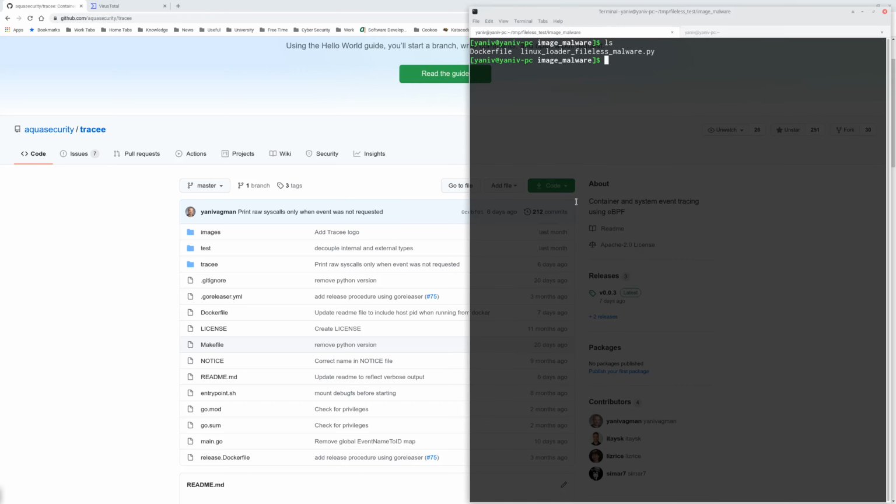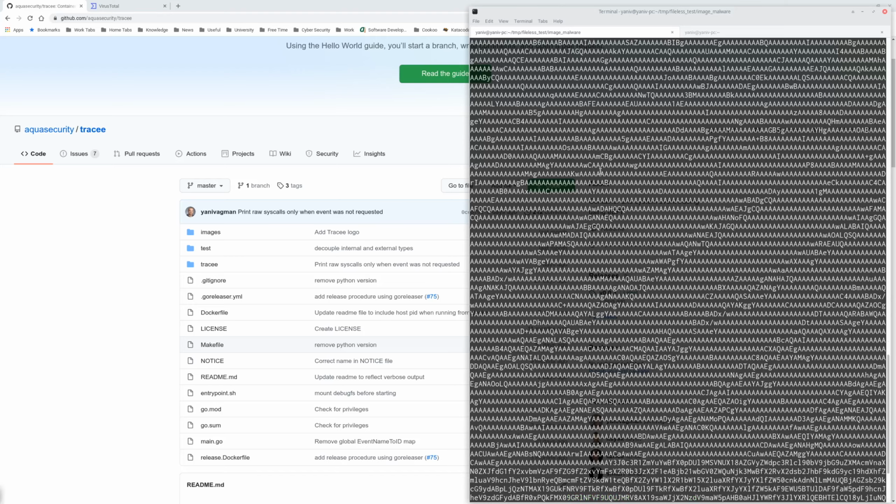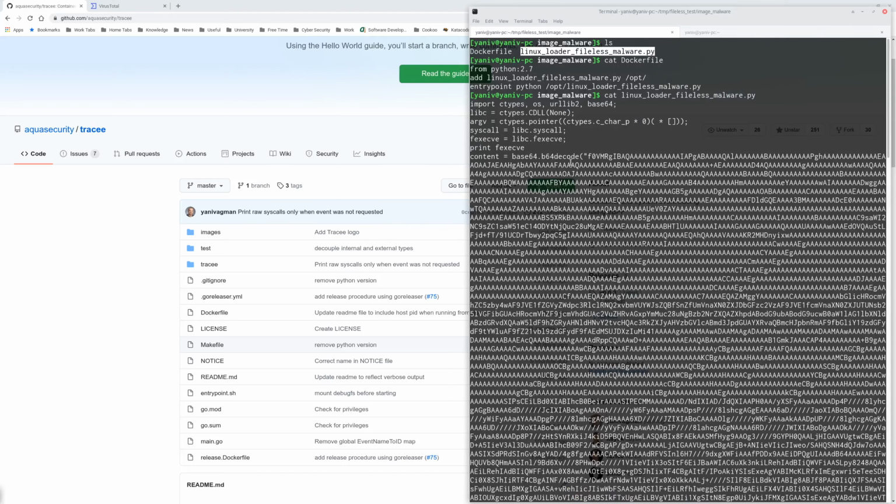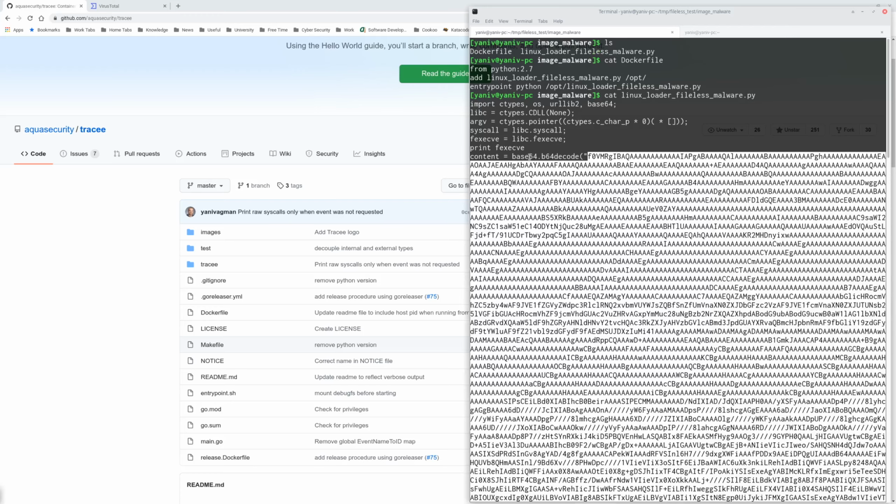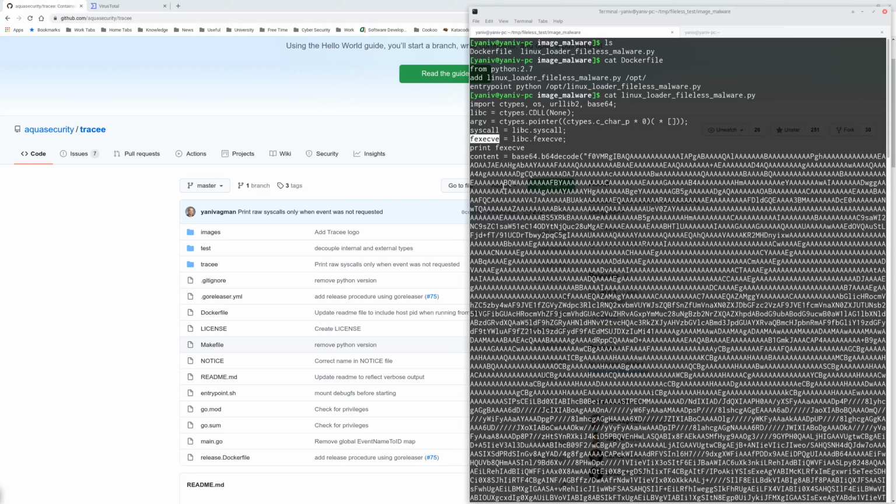We start with a Docker file where we want to build a simple image where the only thing we do is add this file over here. Now, if we take a look at the content of this file, what we will see is that we have some base64 payload here, and I have fexecv that I'm going to call. But before calling this fexecv,